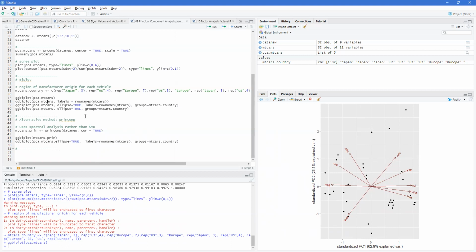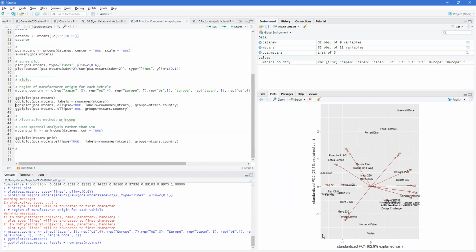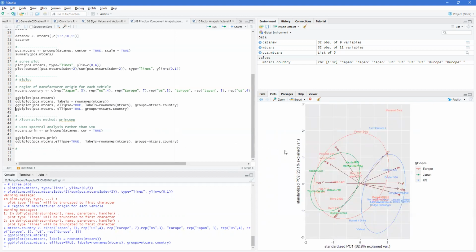Now, we can label these if we wanted to look at the types of cars. You can say, well, if we're looking at this, we can say that, oh, these factors seem to affect these types of cars and these ones. Now, this can be hard to examine, so we may want to color code these, and by grouping them by the mtcars origin,